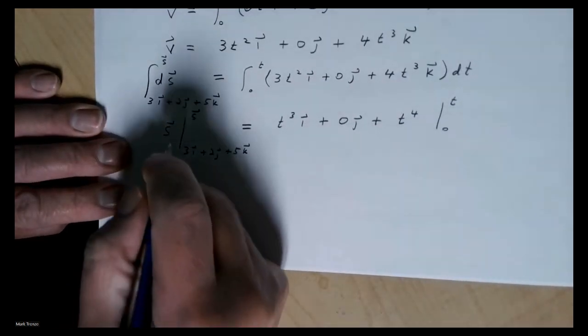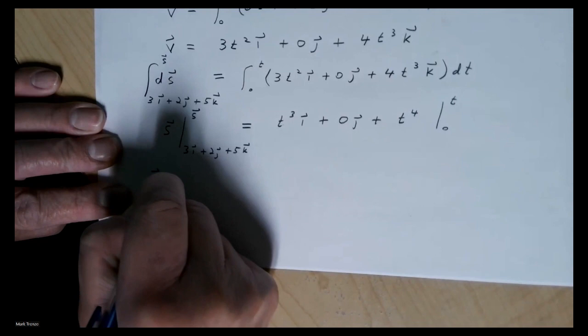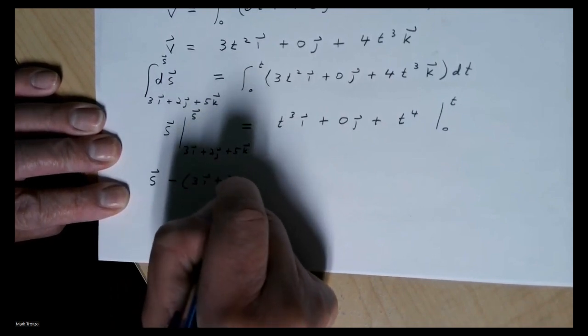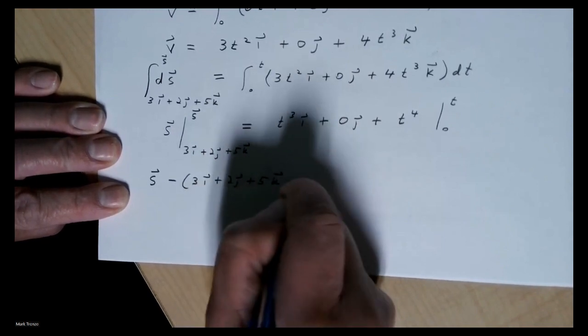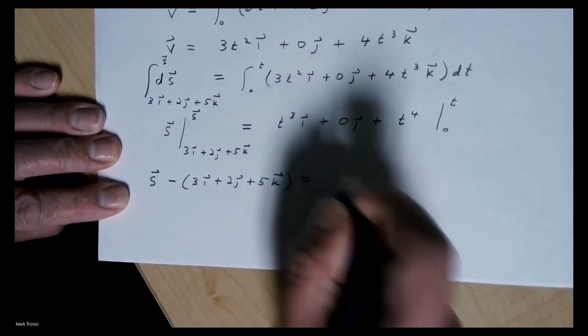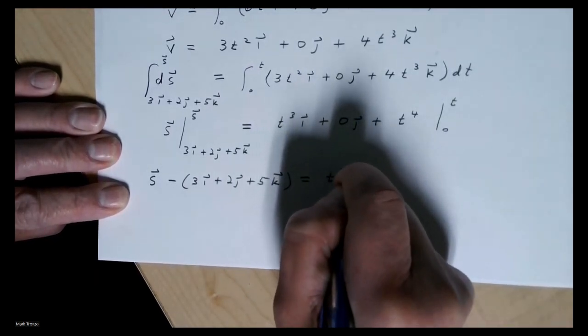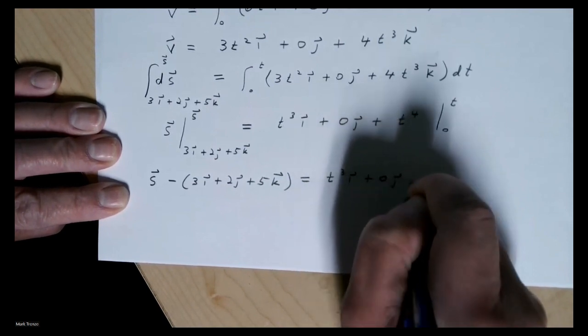So over here, then down here, and we put our bounds in, we'll get S. Then the lower bound will be minus 3I plus 2J plus 5K. And then on the right-hand side, we're going to have T cubed I plus 0J